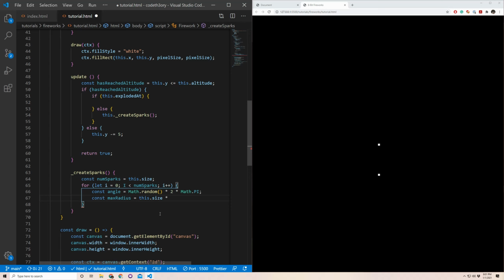Because if I just did something like this.size times Math.random, our sparks might be all over the place and it might end up not looking like an overall sphere,